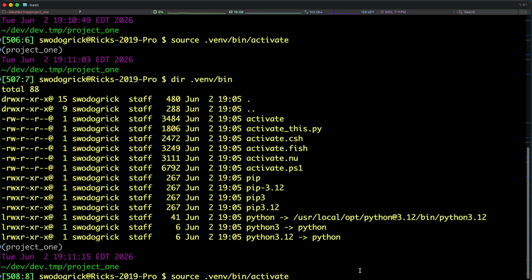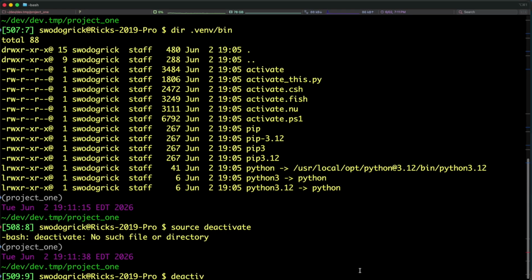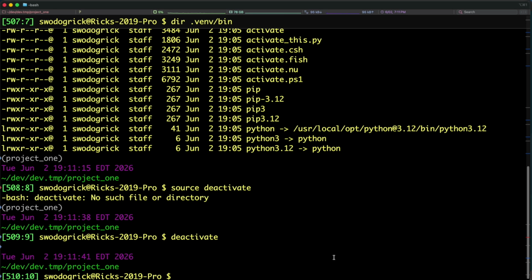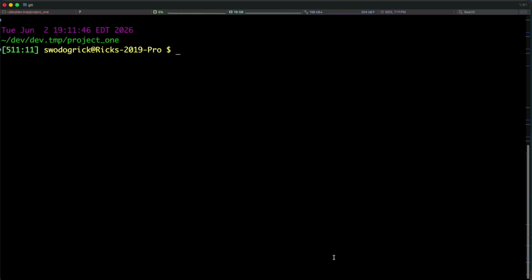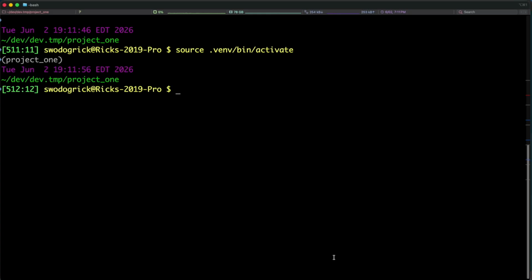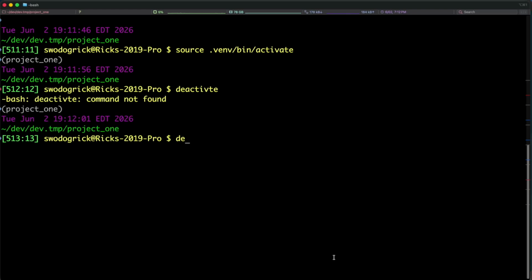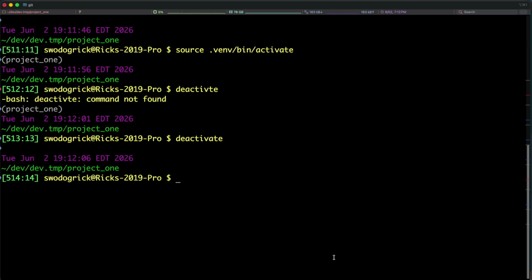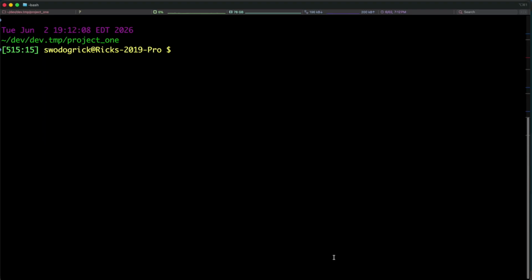All right, so let me just do this. I may think maybe the answer is just do source deactivate. It's just deactivate. It's too easy. Just deactivate, cls. All right. So once again, to activate, source .venv/bin/activate. And then to deactivate, just do deactivate. Now, if we clear the screen and do a dir .venv/bin,